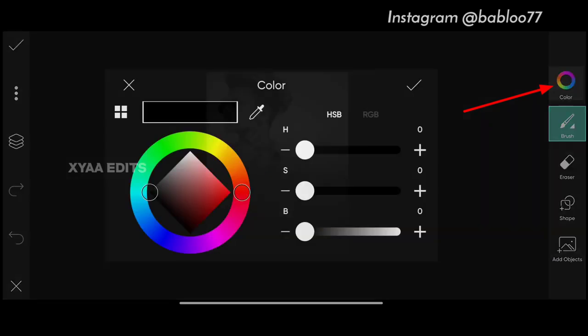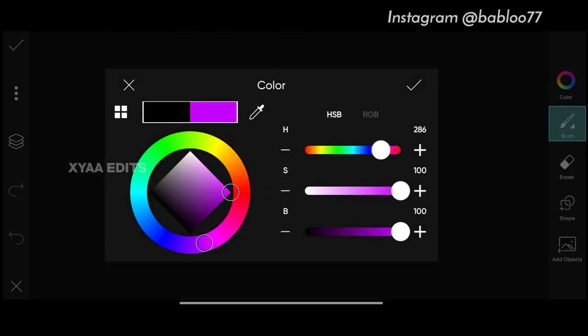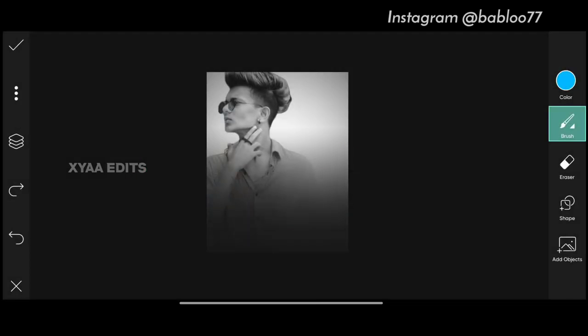Go to colors and bring this circle to here. Blue color. Now tap on tick. Draw one line like this. Rotate it